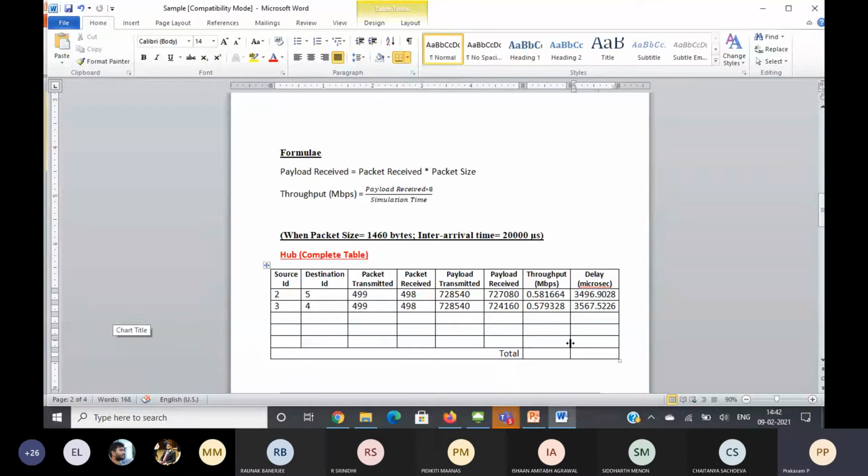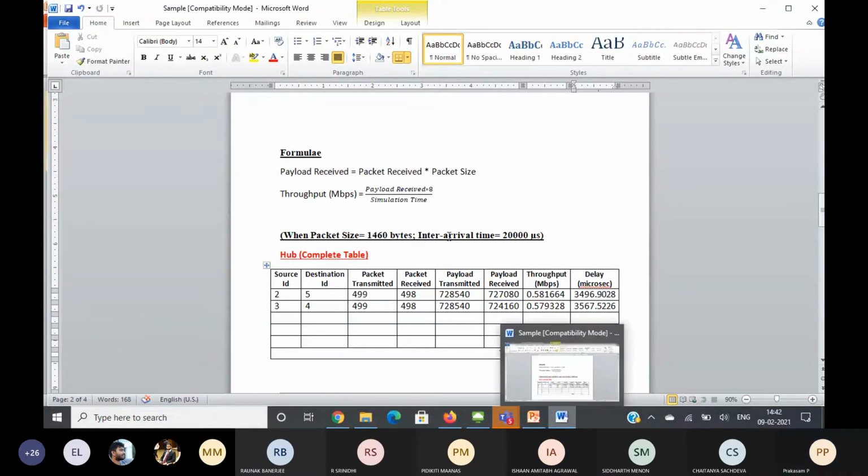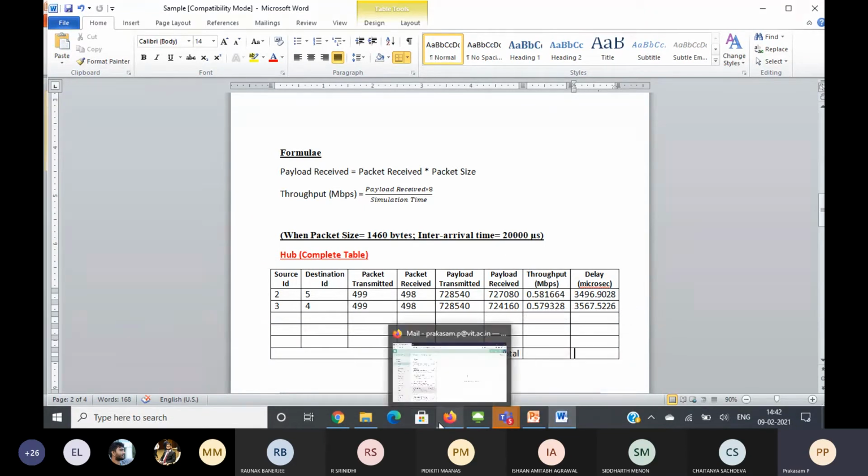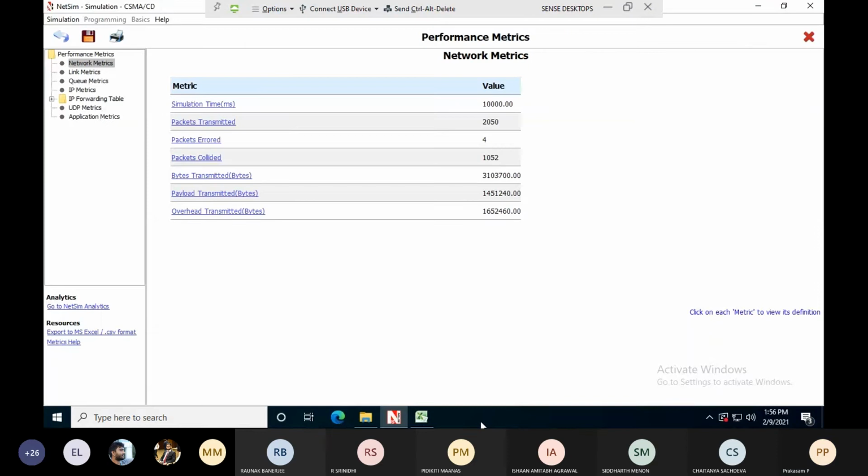Any doubt here? Okay. The same thing I can repeat using the switch. Now I think I got the throughput plus delay for a hub. Go to the NetSim network. If you want to go back to your simulations, in the top left, that arrow mark is there.